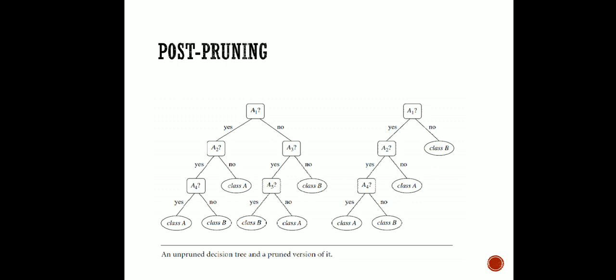This is a fully grown tree. Now you can see for the rightmost branch, instead of the total choices, whether we are going to fit A3 then A5, we have seen that class B is the most frequently occurring class. So instead of comparing again and again, we have just discarded the branch, we have pruned it, and we have kept class B here. So this is post-pruning. This is most often used.